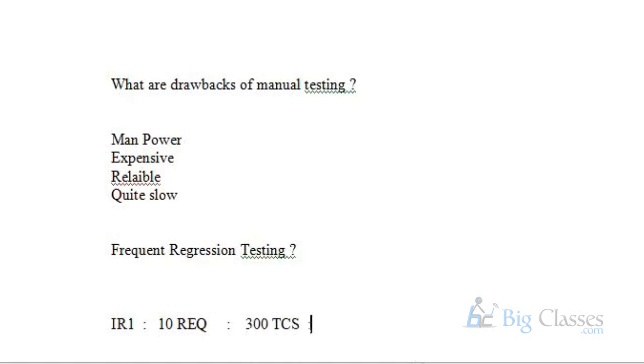So now how many test cases do I want to execute? 300. Exactly. Execute 300 test cases, right? Now, for testing this IR1 release, our QA estimated time is 30 days, 4 weeks. First of all, whenever you get a release, Shailaja, you have to give an estimation of when your testing will be complete.